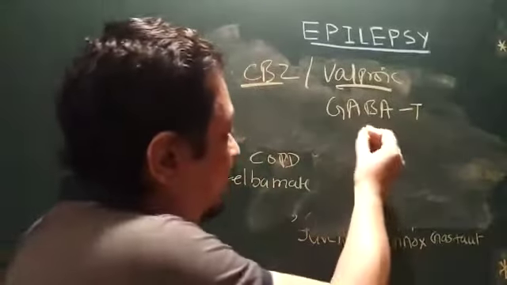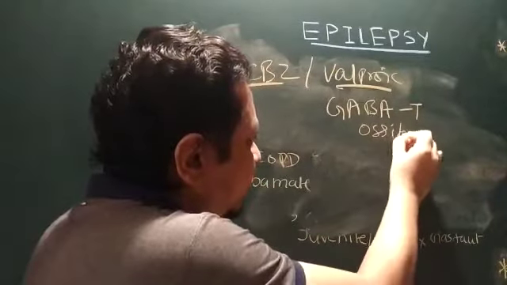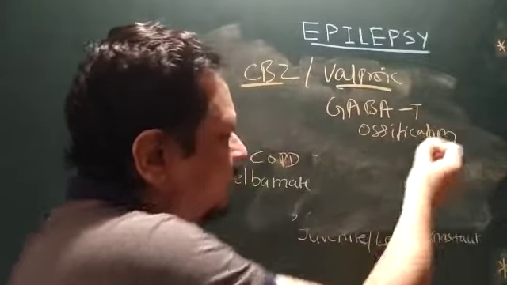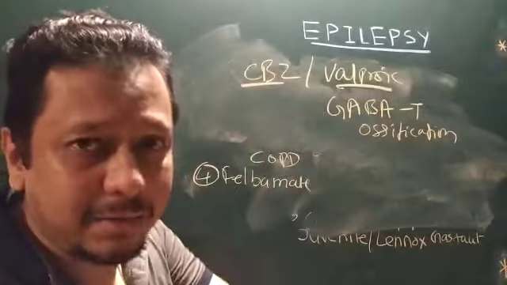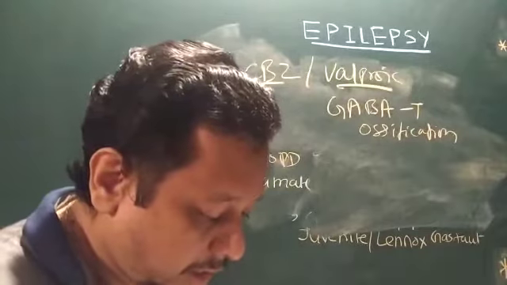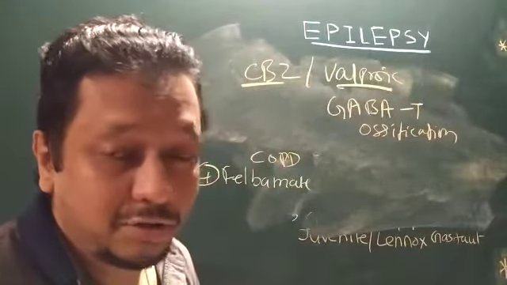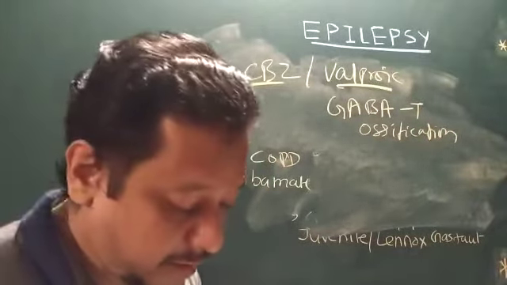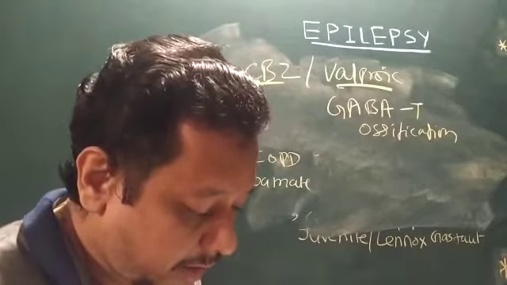Side effect of valproic acid: it leads to impaired ossification in children, so that children's height can be reduced because bone density is reduced. And it increases the tendency of PCOD, polycystic ovary disease. It's contraindicated in pregnancy because